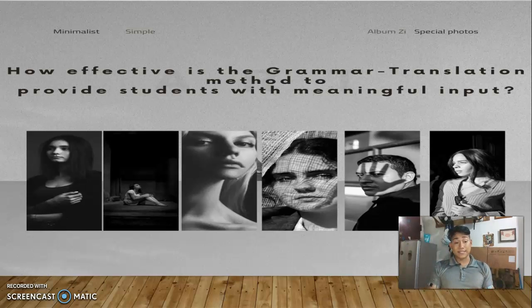How effective is the grammar translation method to provide students with meaningful input? It is really effective because if the students learn the rules, that's the basis of English grammar. There are too many rules that we need to memorize. Maybe we are not going to use them every single day, but we need to know the different rules. As long as we know which rule or sentence we will need to apply